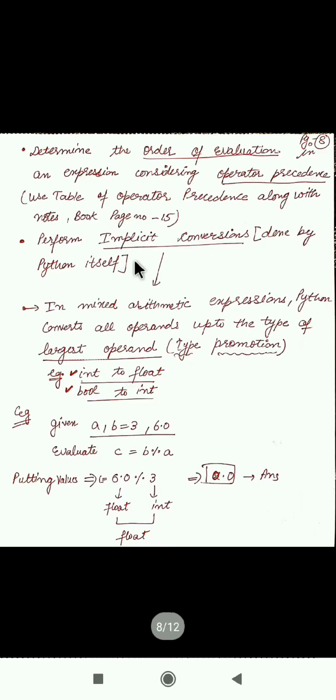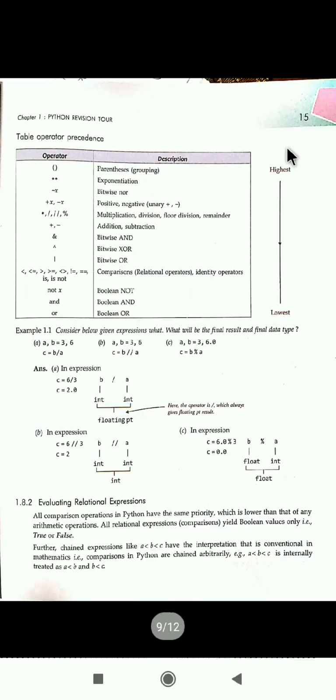Now, firstly, we must know the order of evaluation. We all remember the BODMAS rule. We have certain operands, numbers, and along with them we have operators also. When we have different operators, we must be careful about the precedence we follow in order to solve it, right? So, what will be the precedence? I have given a note that you must consult page number 15 of your book. I have shown it here also. This is page number 15, and this table you have to refer to.